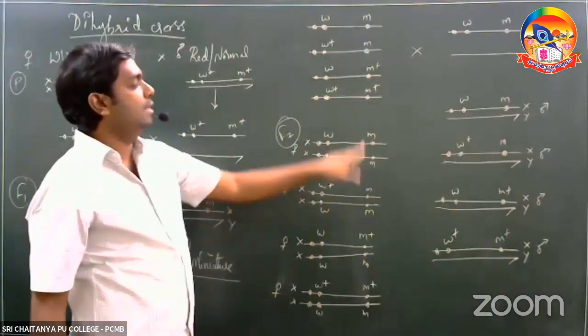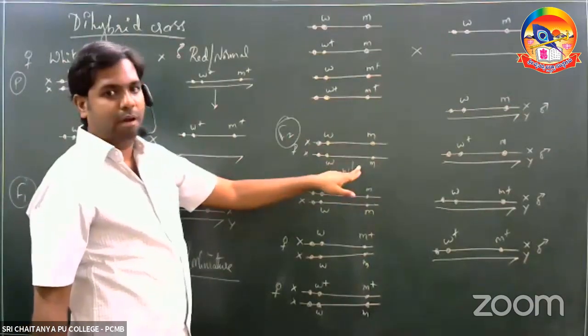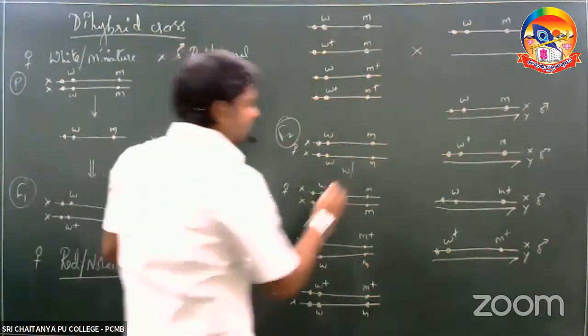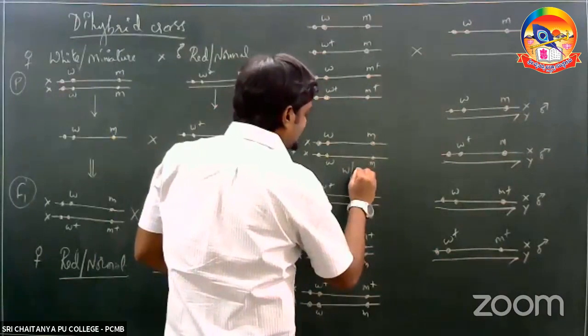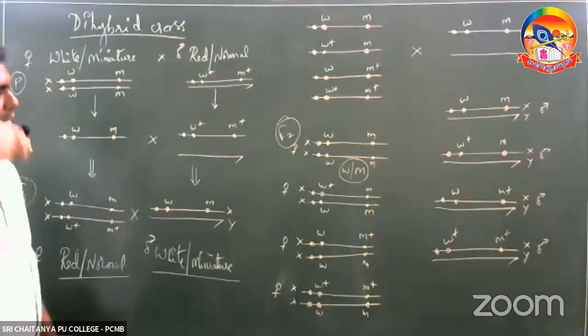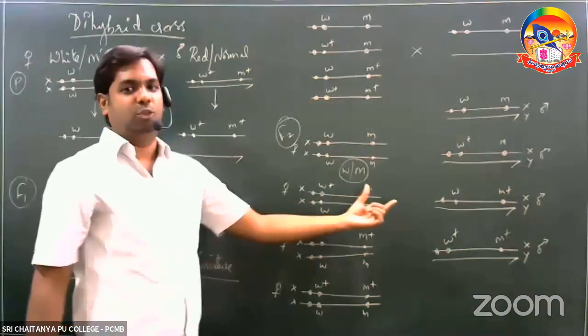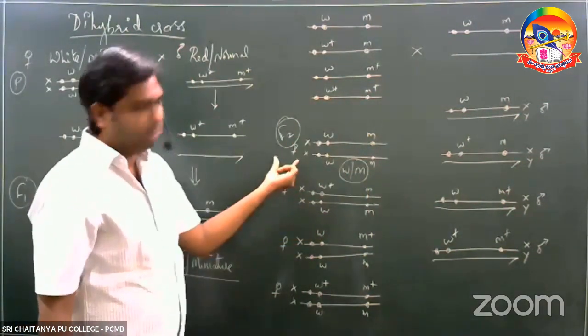And since both the alleles for the size of the wings are M and M, recessive alleles, the character here would be expressed as recessive, right? And that is miniature wings. So in the first case, all the offspring would have white eye and miniature wings. So that individual would be a female individual.